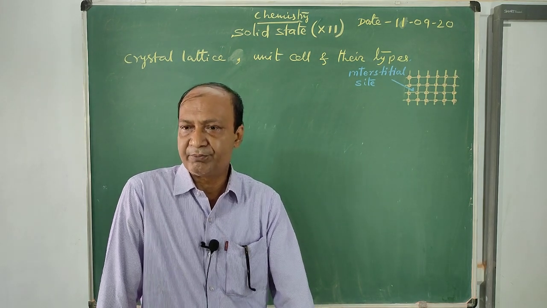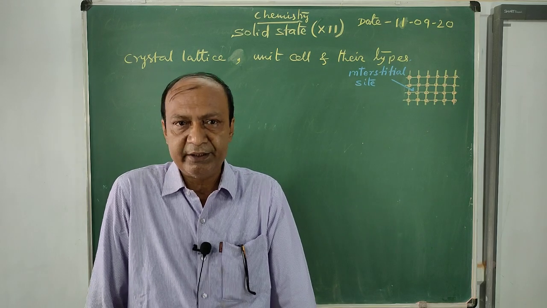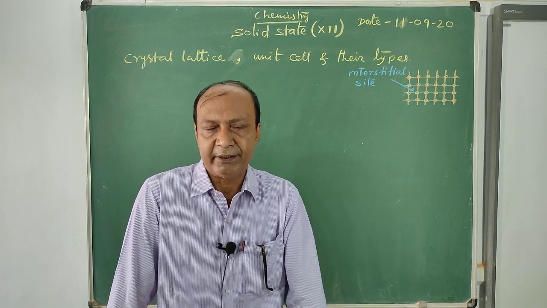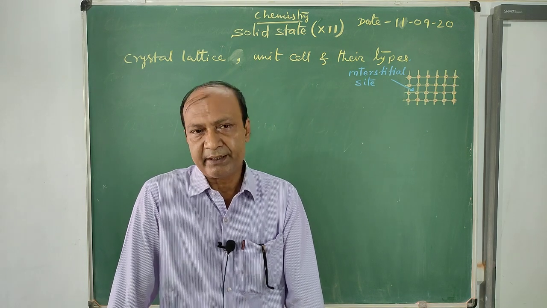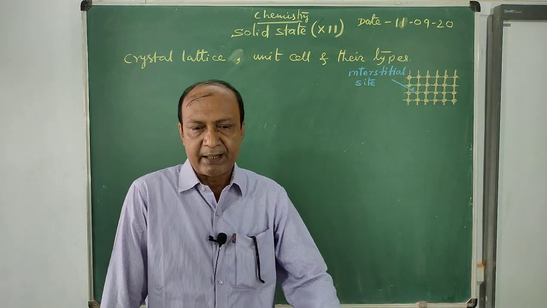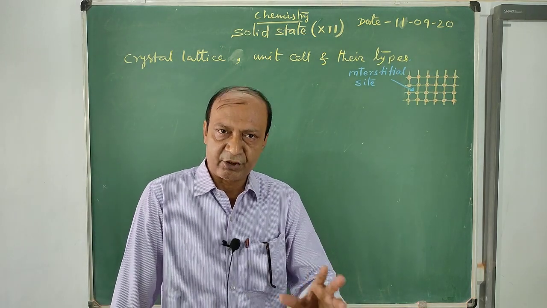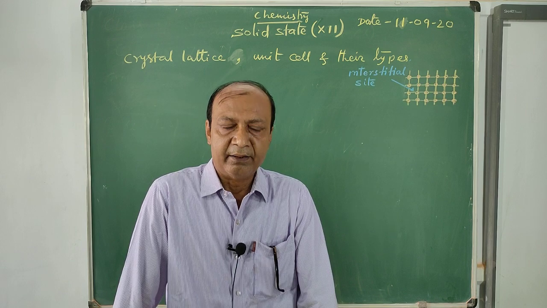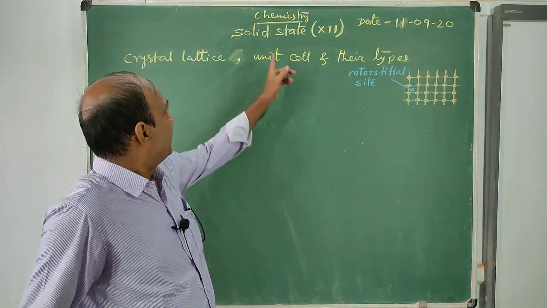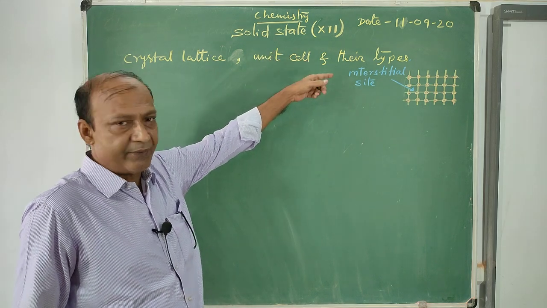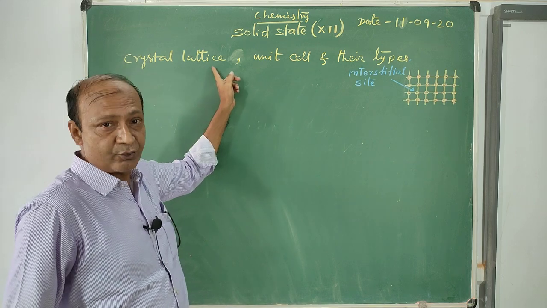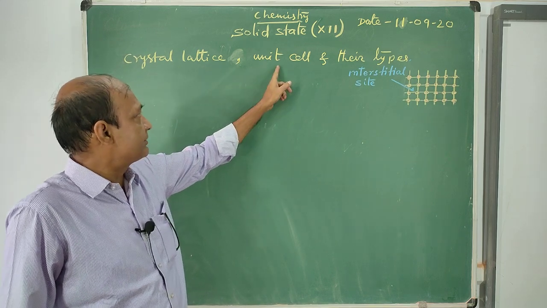You will find a difference between amorphous solid and crystalline solid. And then you will have another table in your NCERT book. There you have seen the different types of crystalline solids, nature of interactions, and examples. Today, in our next video class, we shall discuss crystal lattice, unit